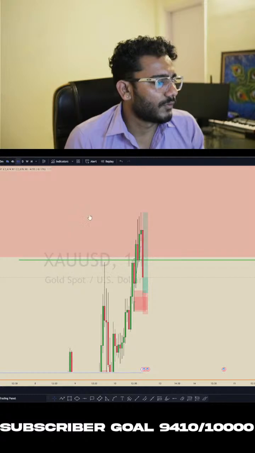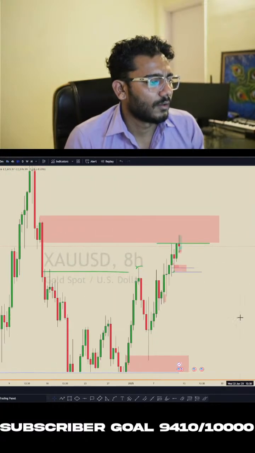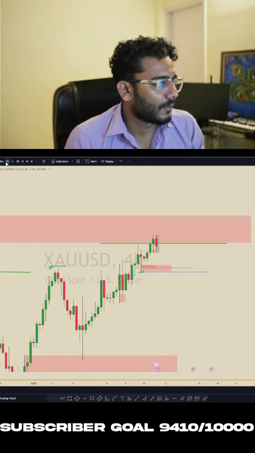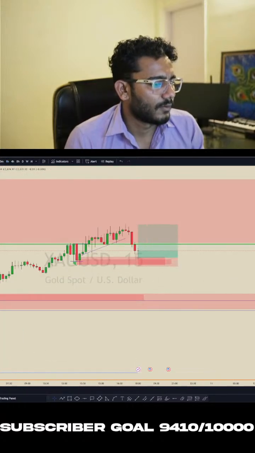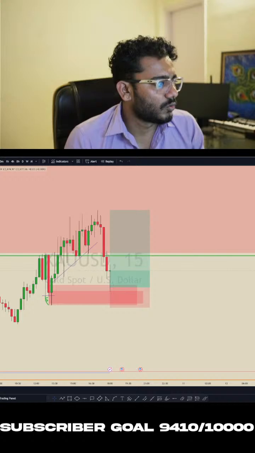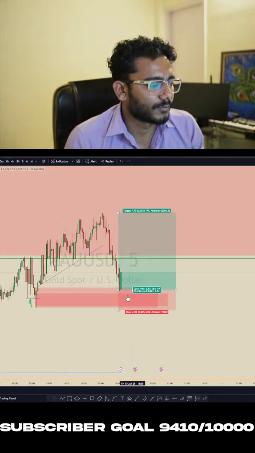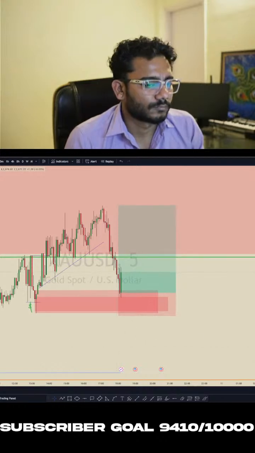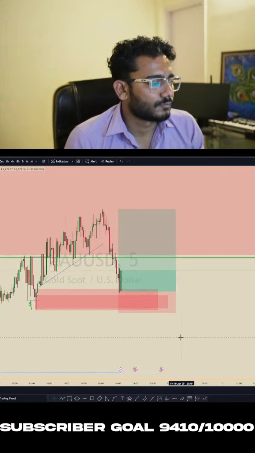Because on the demand zone, if you look at 4 hour, we can see there's a left side of the block. So we are actually trading in the no trade range. Okay, so that's why I said it's risky, but still it's going to the upside. So only two things we have in our hand. The first one is risk management. Second one is taking confirmation. We can't control where price can go.